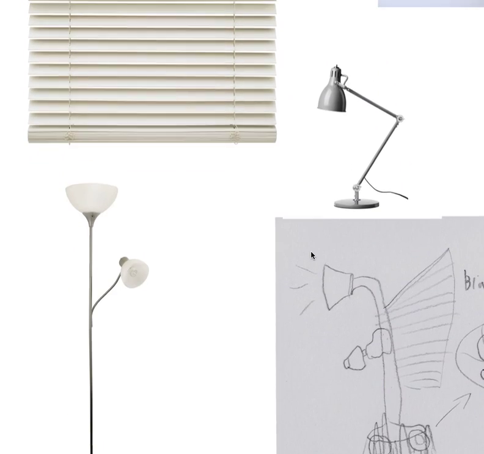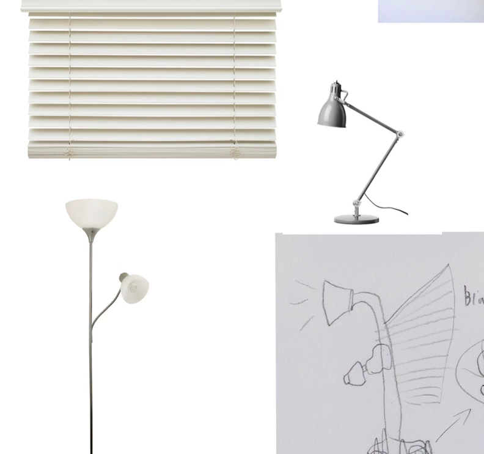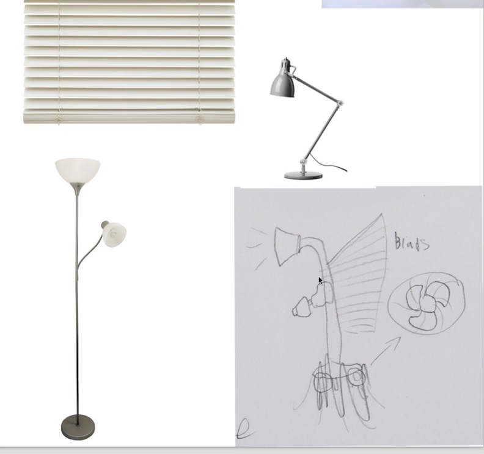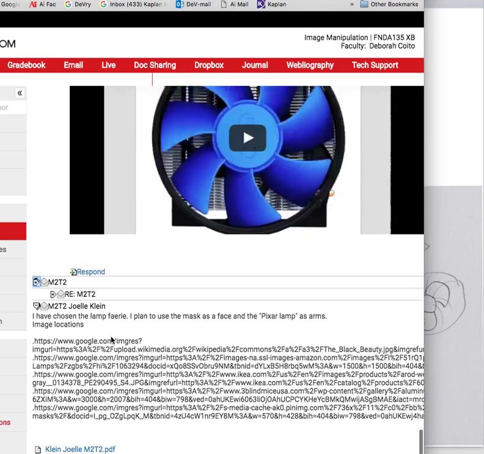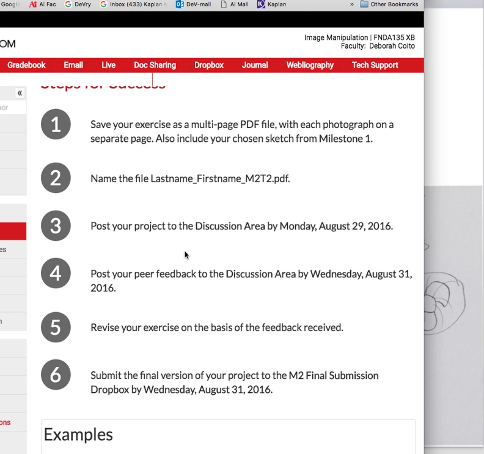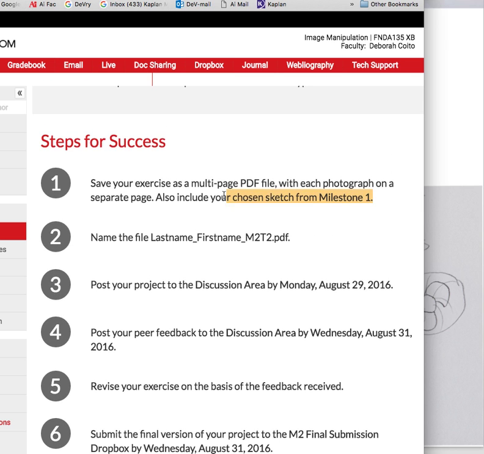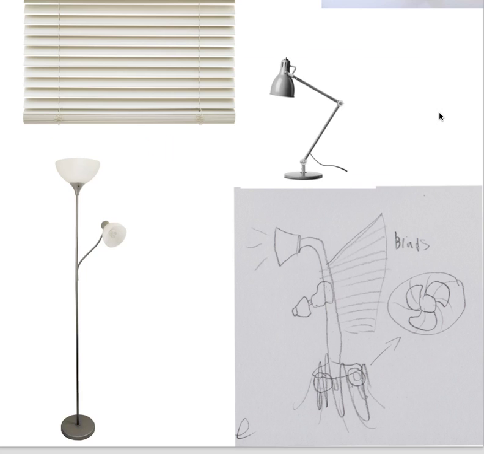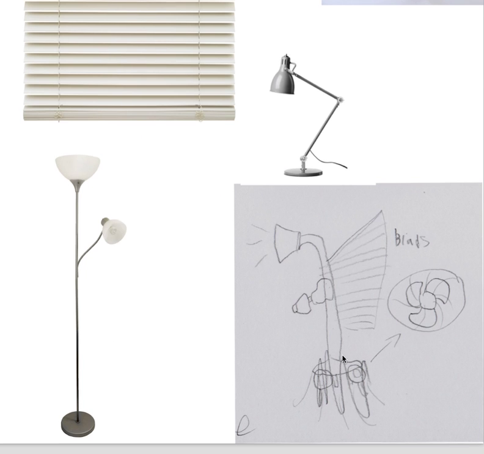Good start here. Let's see what you have here. Be sure to have a look at the instructions up in the directions about how to post a multi-page PDF. It goes over this, and see how it says multi-page PDF. You don't want to lose points for not following the directions. So again,